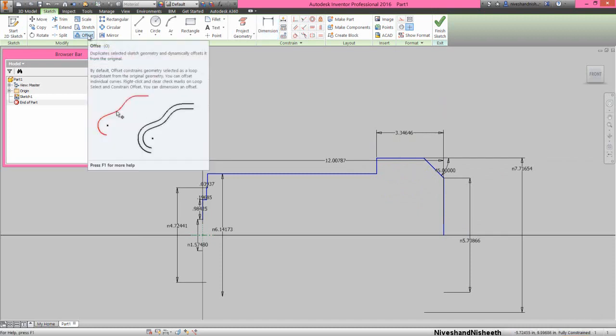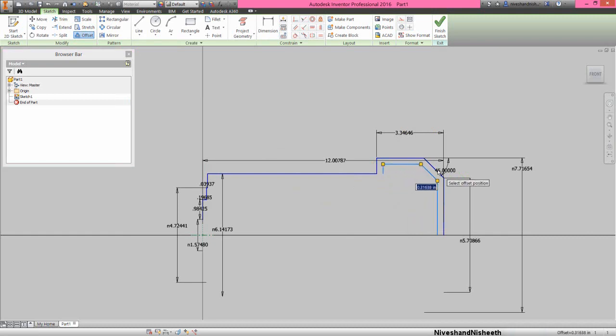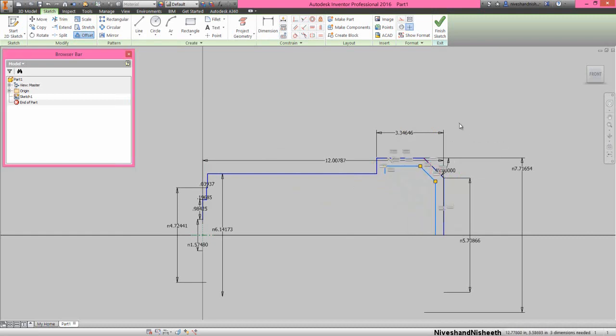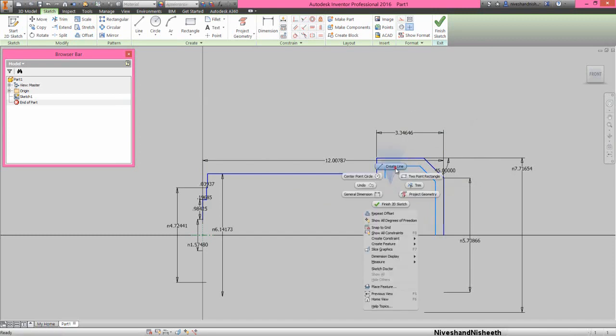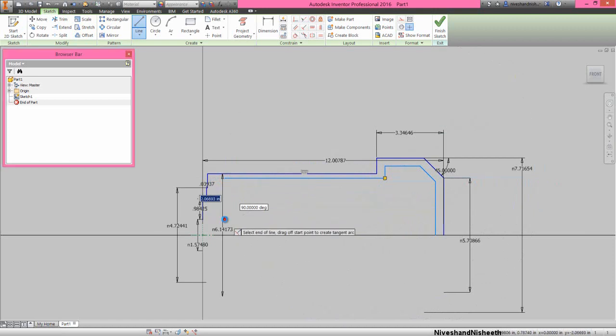Now we will activate the offset command. Now select these 4 lines, click continue. Now see the result. Draw the line like this to close the sketch profile.